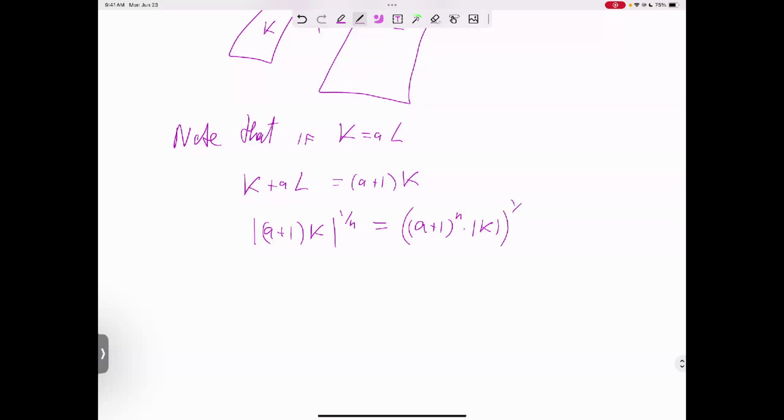All of this to the power 1 over N. So actually it's just A plus 1 times the volume of K to the power 1 over N. On the other hand, on the left, this is my volume of K plus AL to the power 1 over N, right? Now, this is the left-hand side. Now, on the right-hand side, you have volume of K to the power 1 over N plus the volume of L to the power 1 over N is